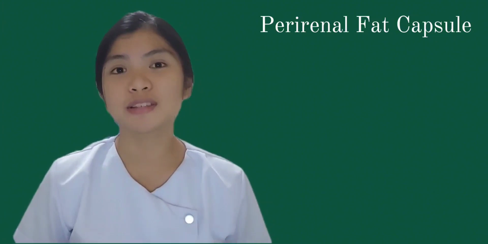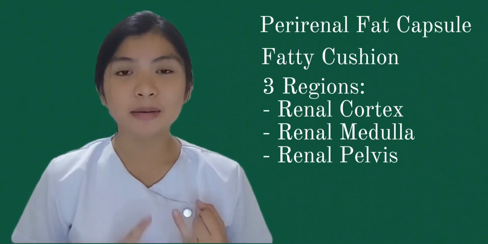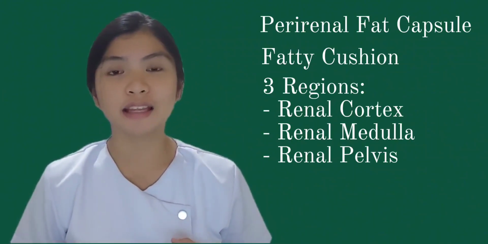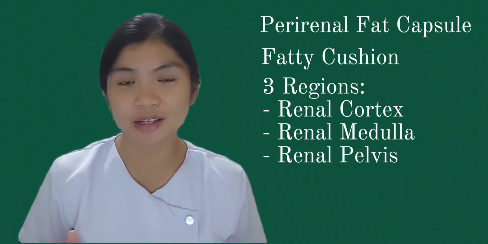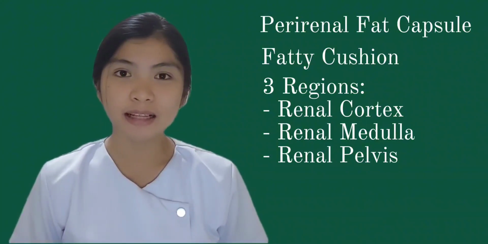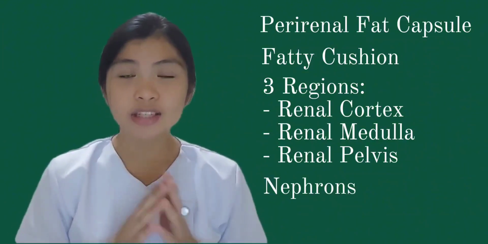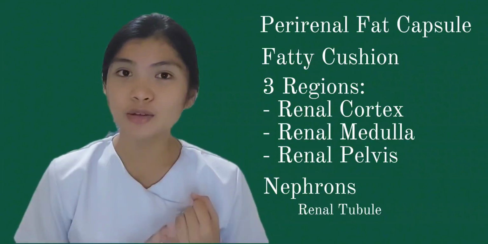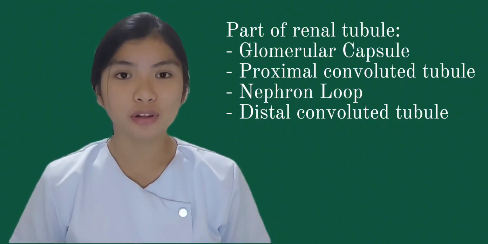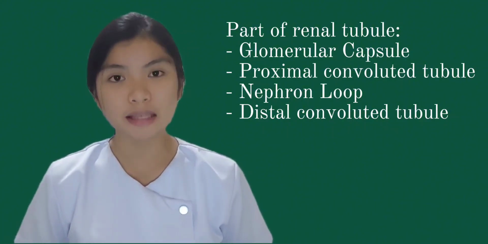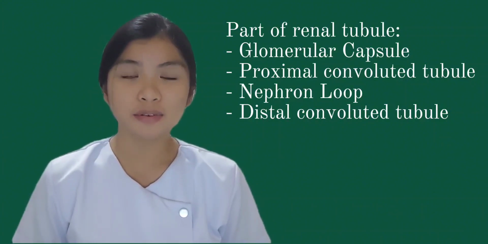So to summarize everything, a thick fibrous capsule surrounds each kidney. The kidneys are held against the body trunk wall by a fatty cushion. The medial pelvis, medulla, and the renal cortex of the kidney can be seen in the longitudinal section of the organ. The anatomical and operational units of the kidneys are called nephrons, and each nephron is composed of renal tubule and glomerulus. The glomerular capsule, proximal convoluted tubule, nephron loop, and distal convoluted tubule are the different parts of the